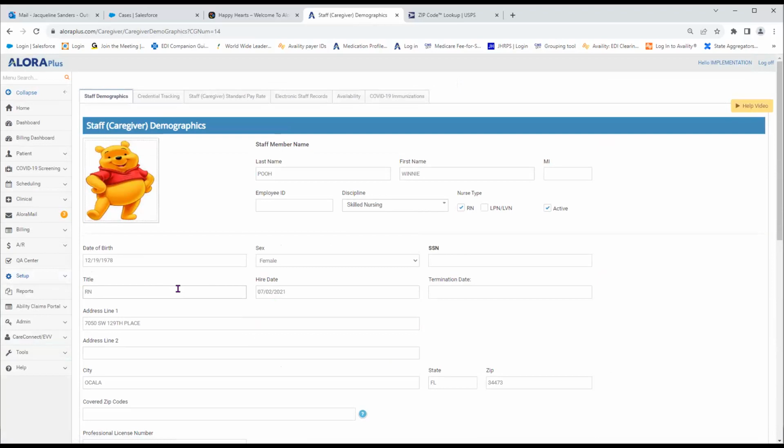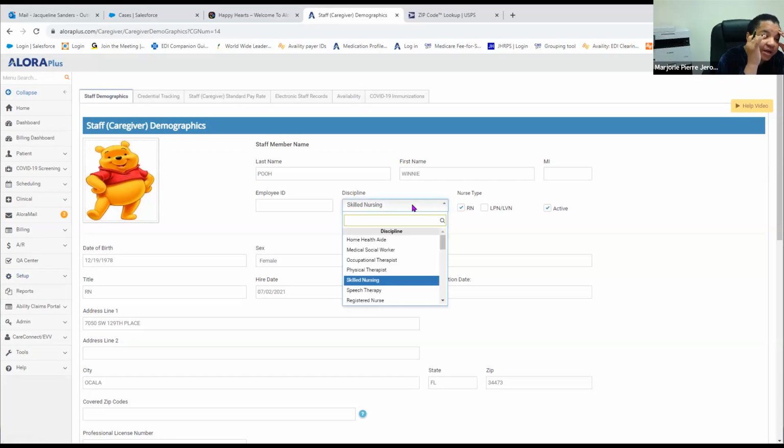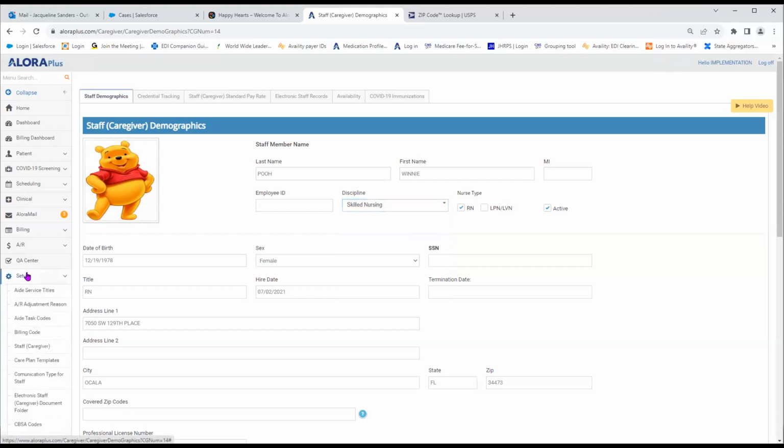Before we leave this area, do we have any additions? Jackie, yes. In that demographic, when you click on this discipline there, I click on mine, there's no other. So if I have a staff like my scheduler and the discipline is not there, I do the same, I go to setup and then add it. Yep. If you want to add scheduler in, go to your setup,